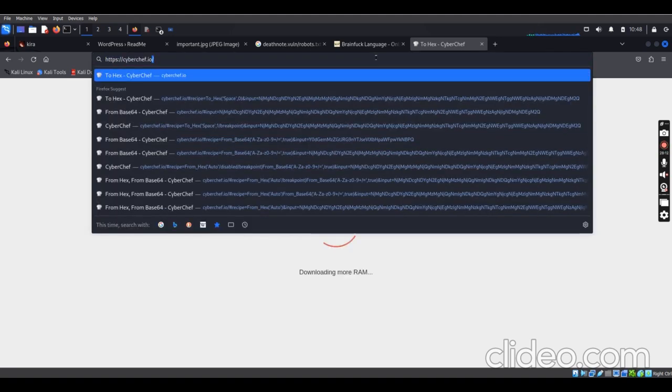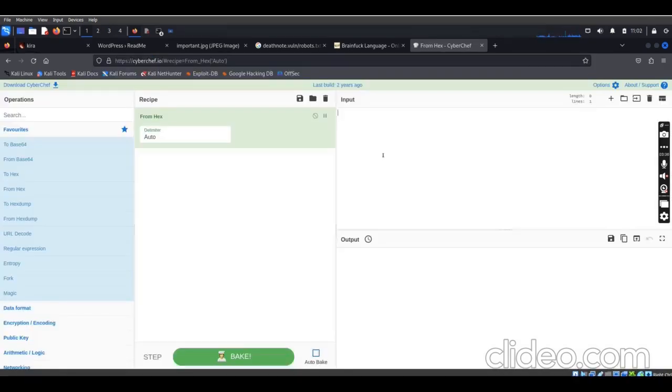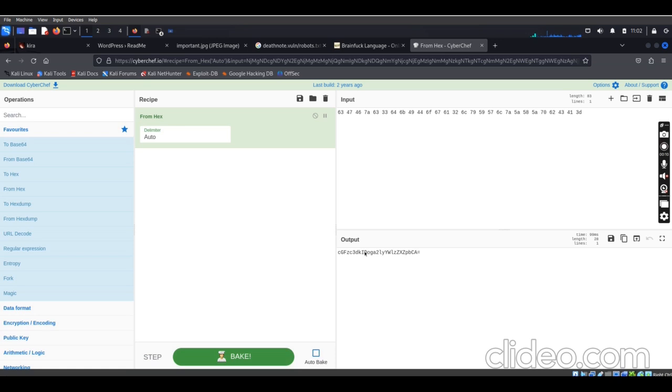So I will check my internet now and come back. So we take the input as a decimal figure. After selecting that, we paste it in the input and bake. Then let's watch for the output here.